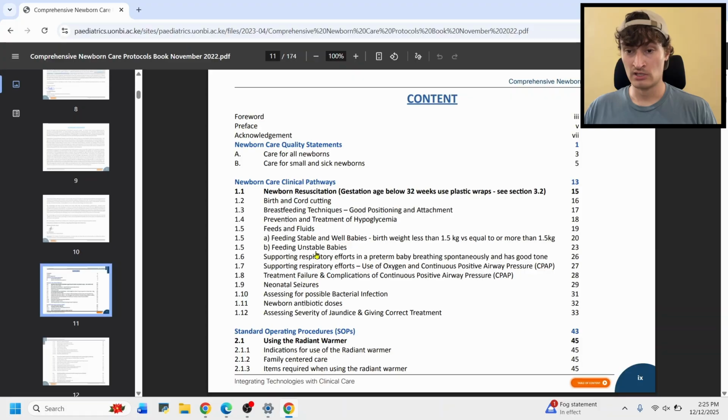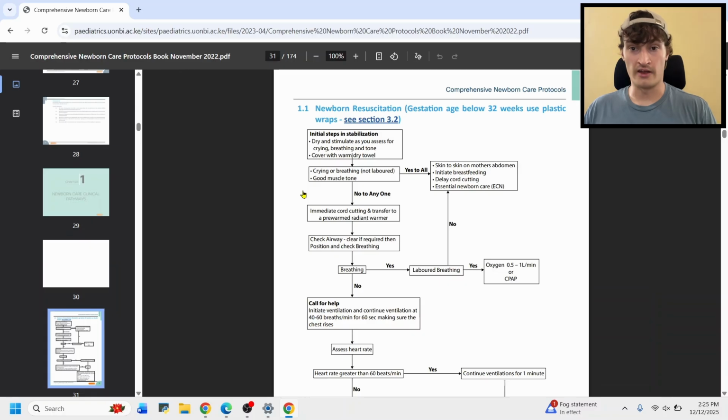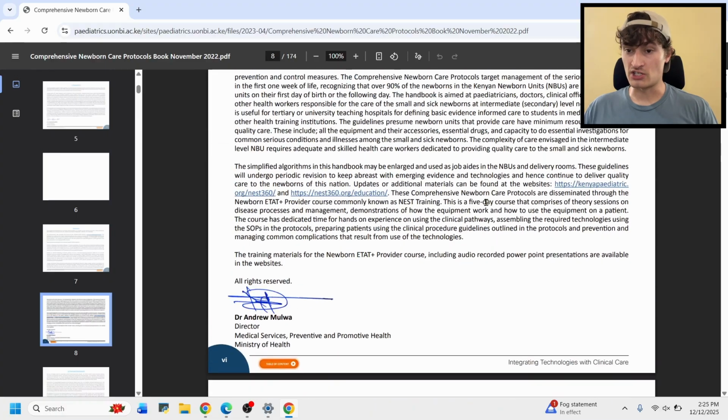of these are hyperlinked. Okay, so I can just click on newborn resuscitation. It's going to just jump me right down there. So clicked on it. There we go, straight down to it. Okay, so either way, you can find the number, look for the page number on the document and scroll down, or you can just click the hyperlink in the table of contents. Okay, so that was for section 1.